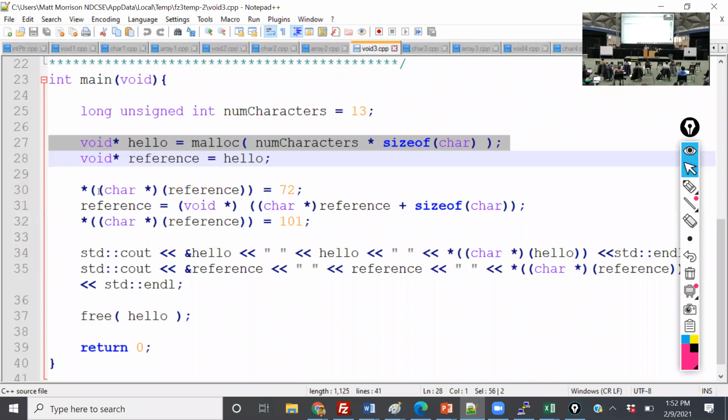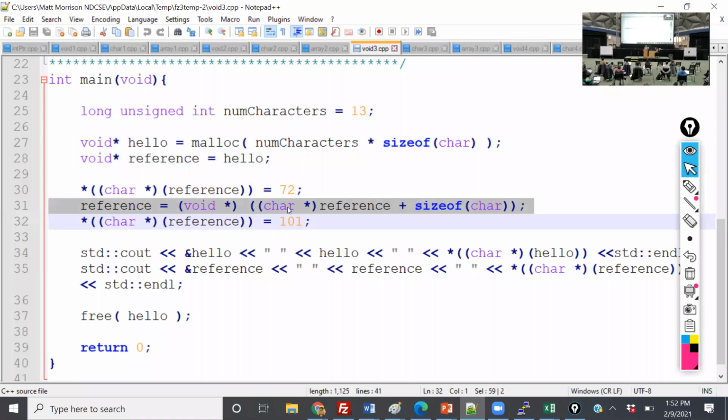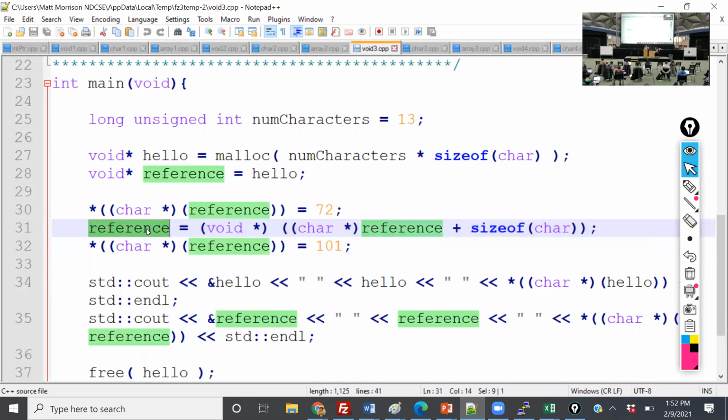So what's going on here is I have char star reference, and dereferencing hello gives 72, which is uppercase H. This line here, so I can zoom in, there we go, I'm performing arithmetic and moving the reference pointer to point 8 bits further. Does everybody see that?